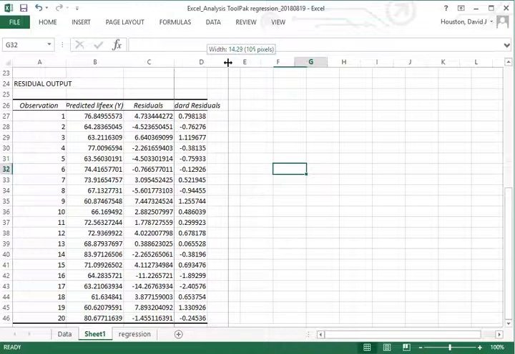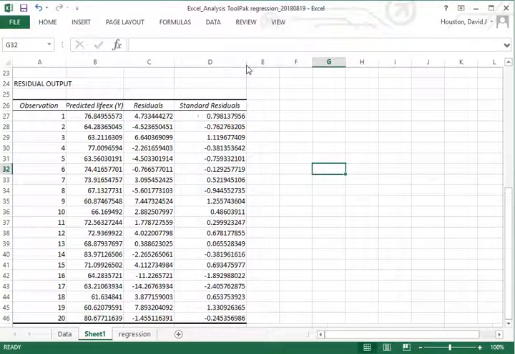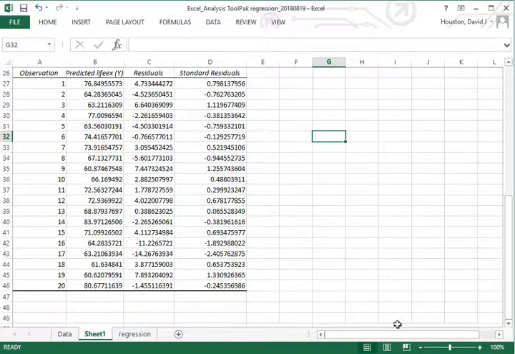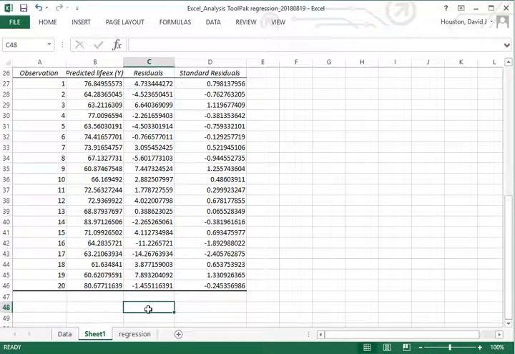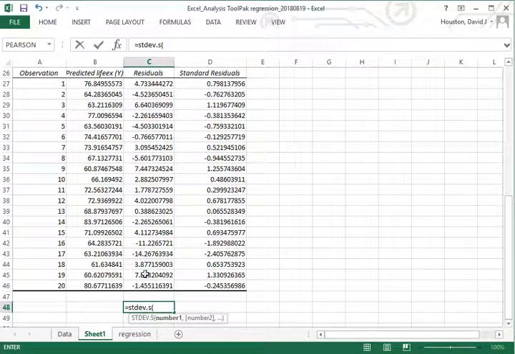Now that third column is the output when I clicked on standardized residuals. And all these standardized residuals are nothing more than taking the residuals you see reported here in column C in this output and dividing them by the standard deviation. So for instance, to illustrate just what this is, if we go ahead and find the standard deviation, and I'll use the sample formula here for the residuals we have,